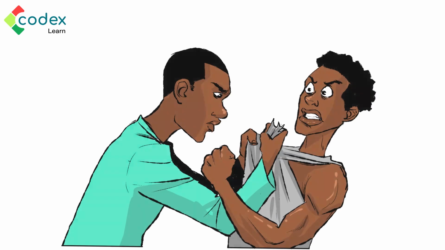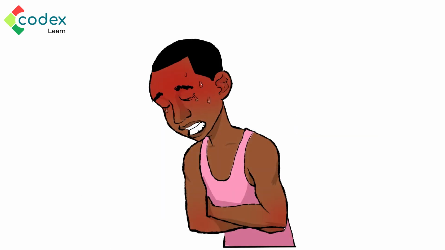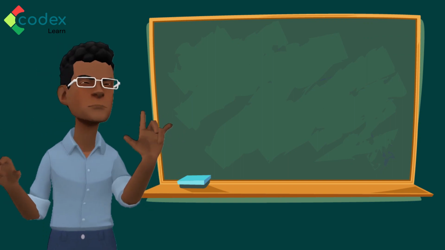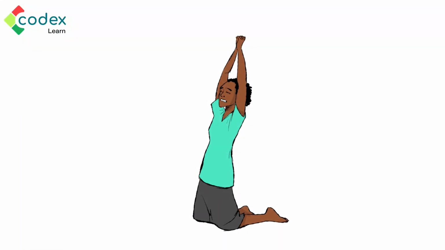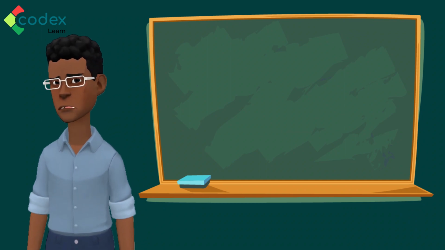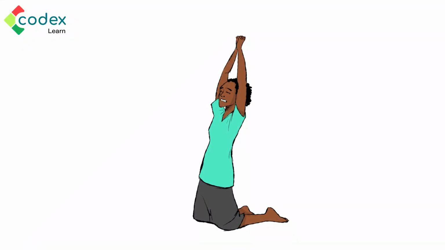What about when we fight? Oh, we can get into really big trouble. First, the person we fight with can hurt us really badly. Or we might be the one that hurts the other person really badly. Either way, we will all end up unhappy and hurt. When we fight in school, the teacher or school director might have to punish us or send us home. Our parents will also be very sad and might also have to punish us again at home.